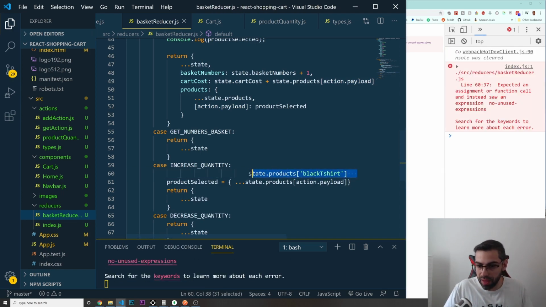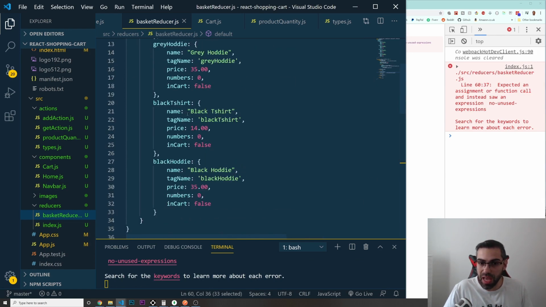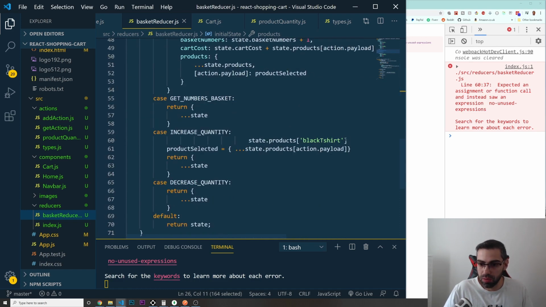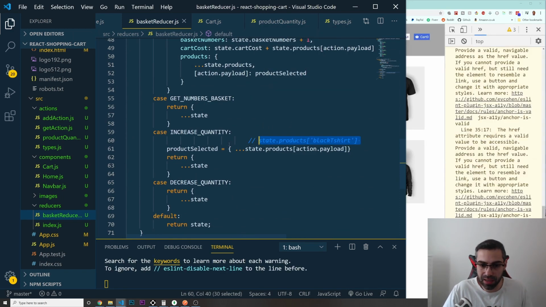So if you do something like this, for example, if you click on the black t-shirt, it will give you access to this object and all of these. So you can access everything inside of it. Okay, so let me just comment this one out. This was just to show you if you don't remember exactly. Okay, so now that I got this product selected,